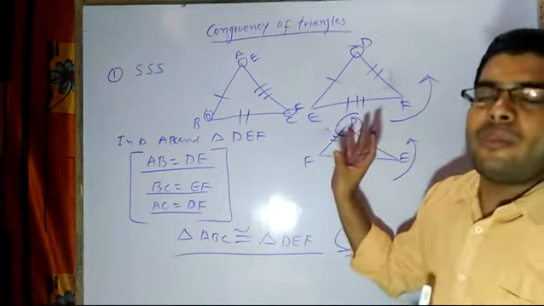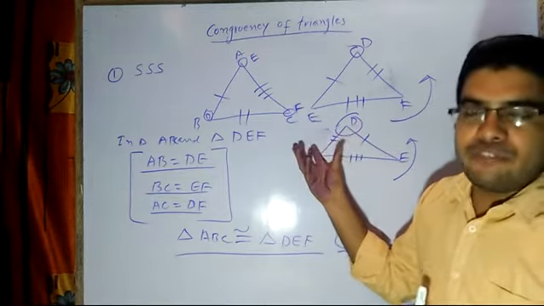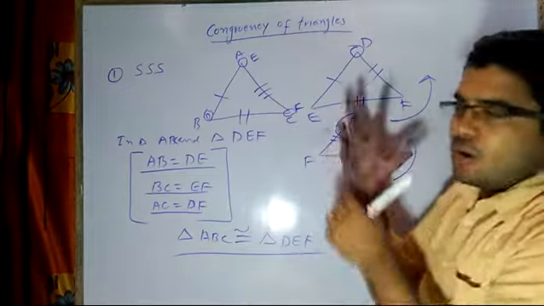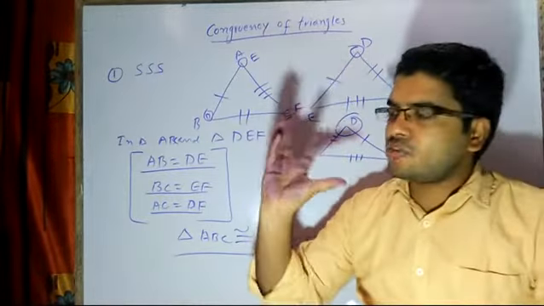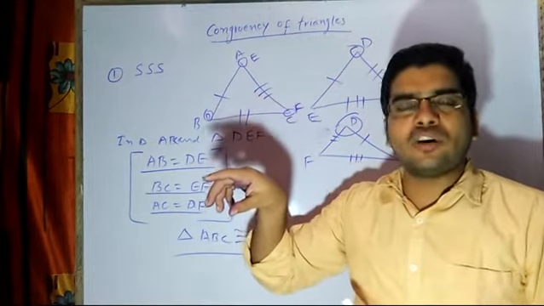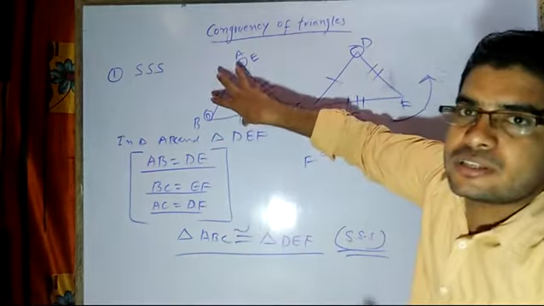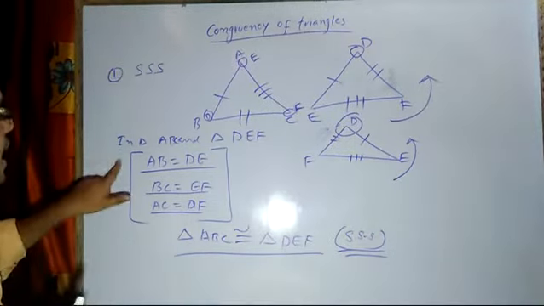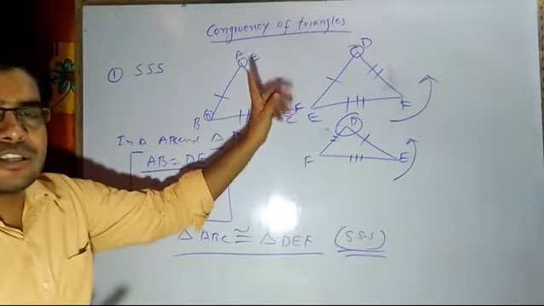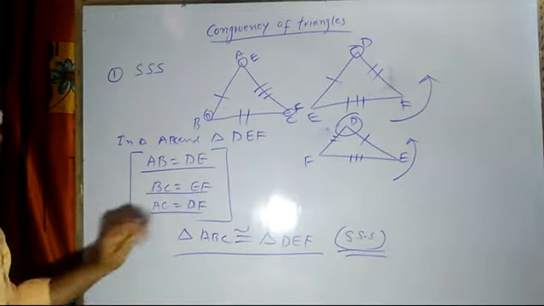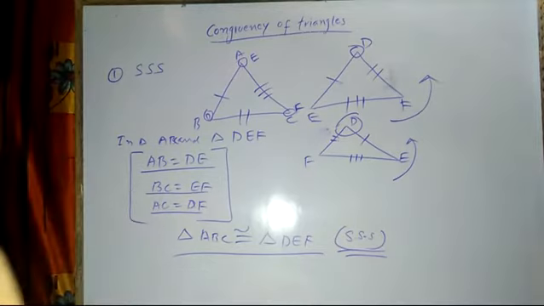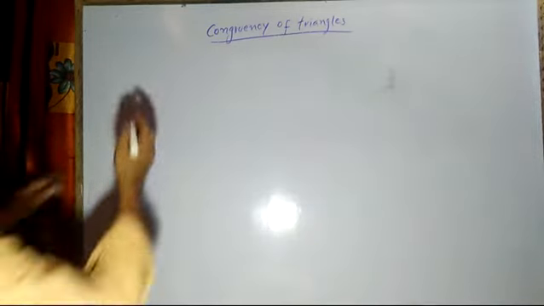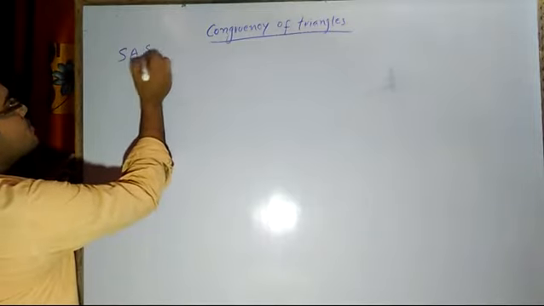But I tried to make you understand in the form of a 3D figure. If I have a particular triangle which I can hold in my hand, I can rotate it as well as do the anti-clockwise rotation and then try to fit it on this. That is why I tried to explain. So based upon side, we have all the sides of two triangles. If they are equal, then we can say the given two triangles are congruent based upon side criteria. Now the other one we will have is side angle side, which I will be explaining, but let me first clean the board.